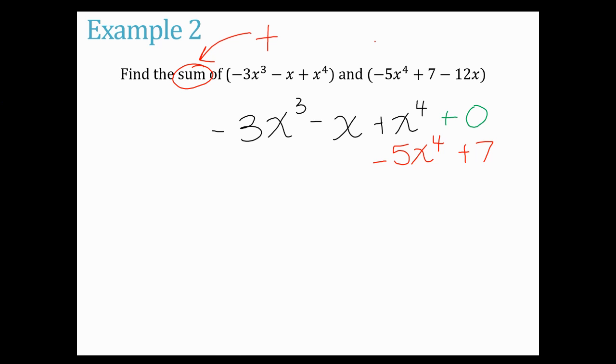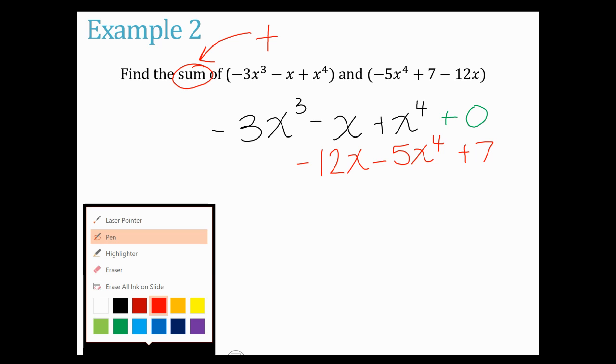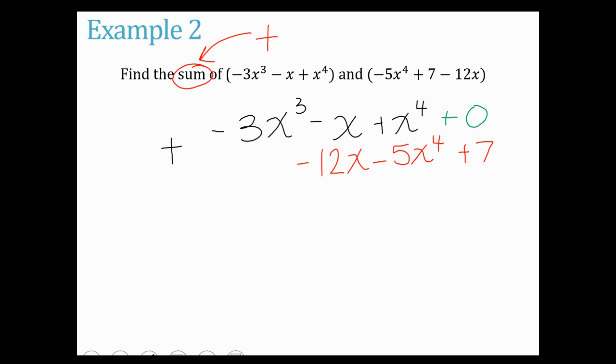Now, last but not least, we have this minus 12x. I'm going to find the other term that only has an x, which is right here, minus x. So I'm going to put minus 12x right here. And then I'm going to go ahead and stack, add my polynomials. Now, if you want to, you can add your invisible ones where you see fit